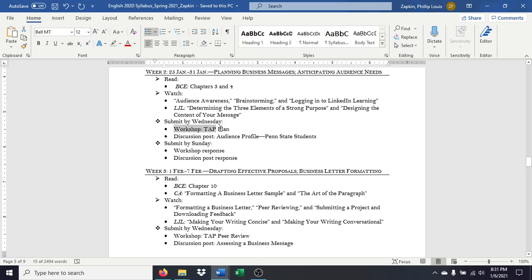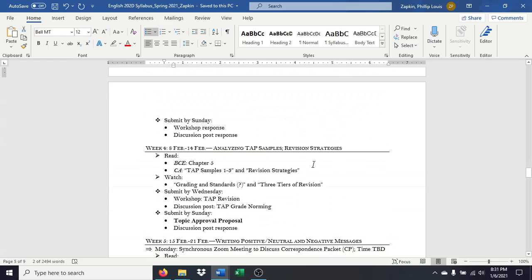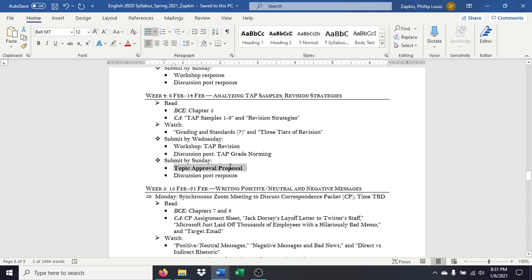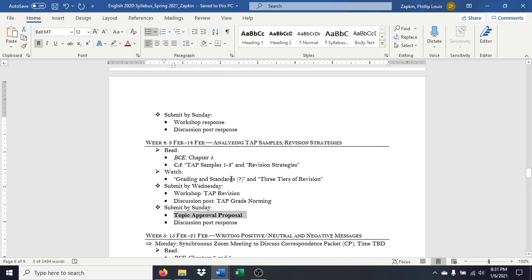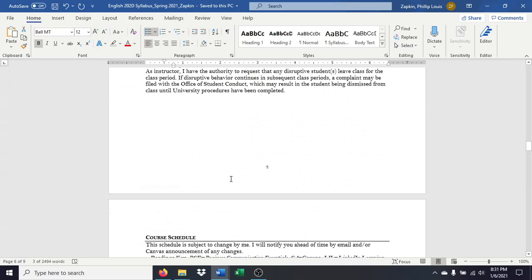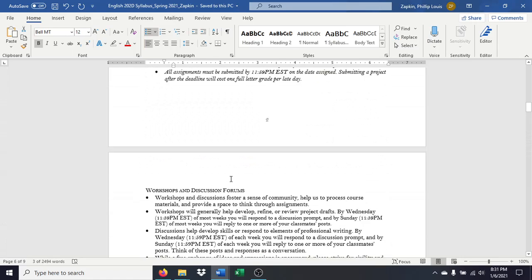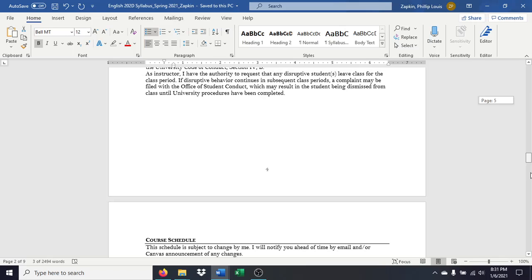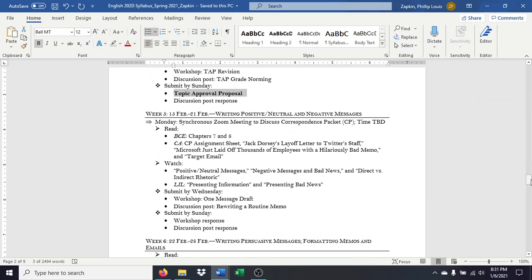We see the same thing down here. Week 2, we've got our first workshop and workshop response. And when we get down to week 4, that's when your first project is due, the Sunday at the end of week 4. So, that's how you read the schedule. This should be fairly straightforward, but in addition to what we see in the schedule itself, I'll talk about this more in the video about navigating Canvas. You can go week by week through these modules, and they will help you sort of figure out exactly what's required of you that week.